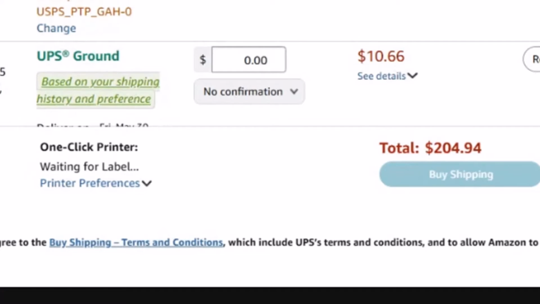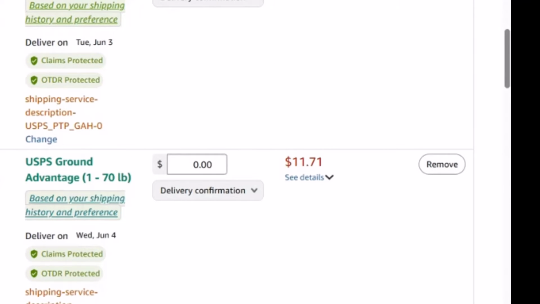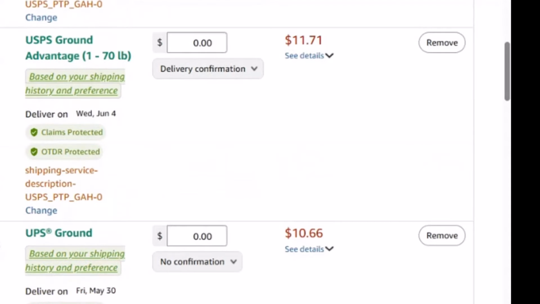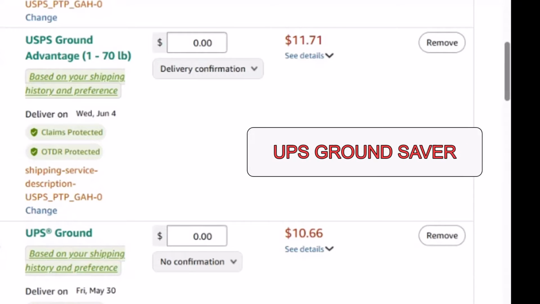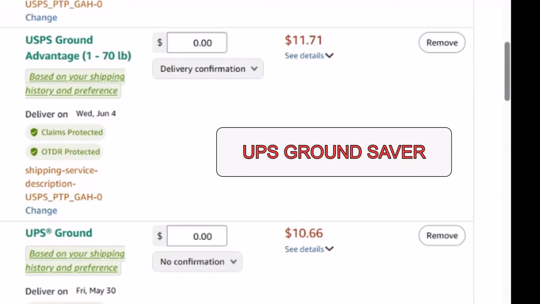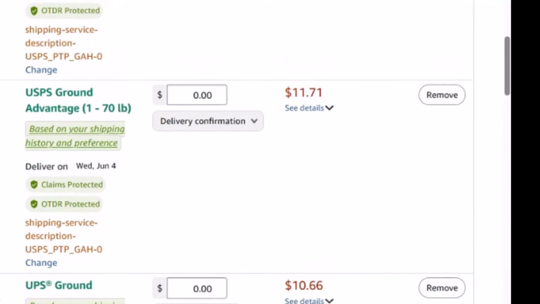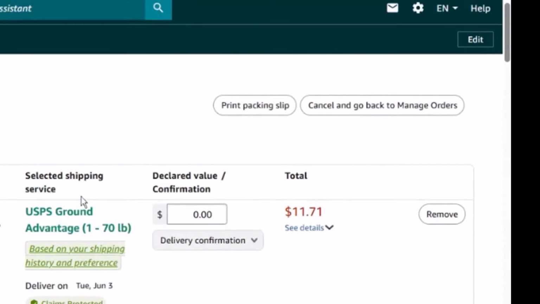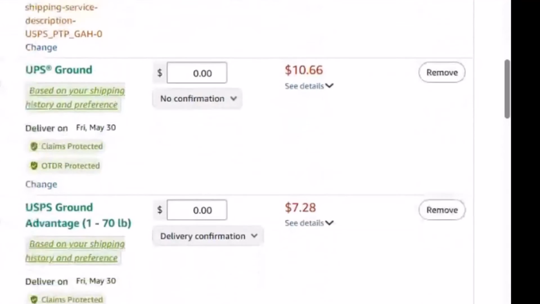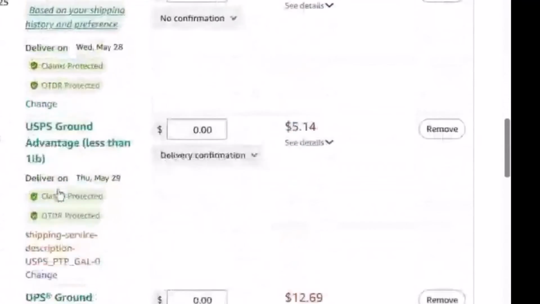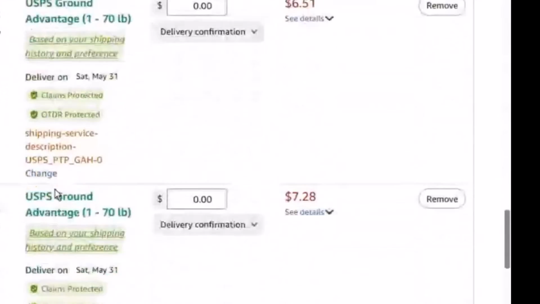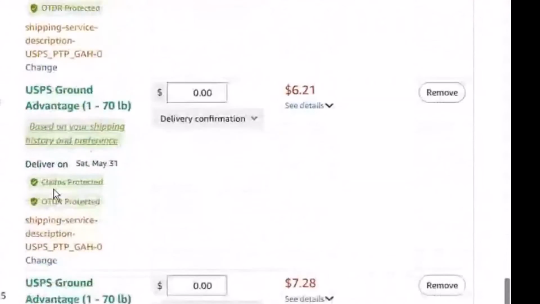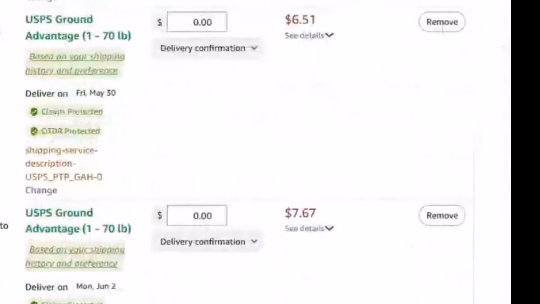That can be from a couple of reasons. Number one, if the method of shipping is UPS. Okay, so there's a service from UPS called UPS Ground Saver. If that is selected, you're going to have a problem. So right away, I just go through, make sure I don't have anything that auto-populated as UPS Ground Saver. So far, so good. I have nothing